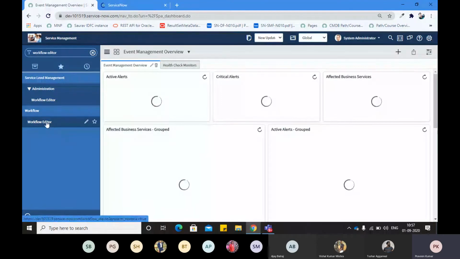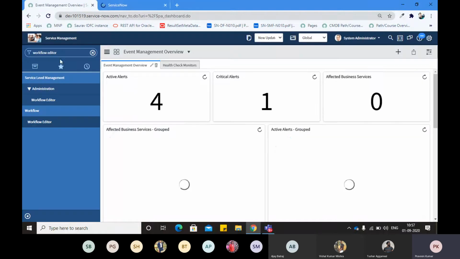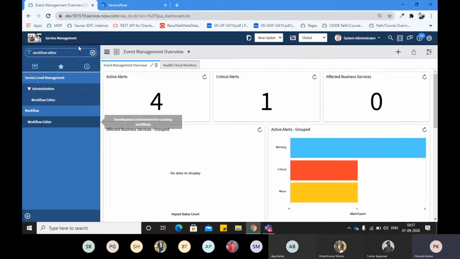So here is the module, workflow editor. You have to use this module to create, update, or change any workflow. You will create the workflow from the workflow editor module, and then attach it to your SLA.